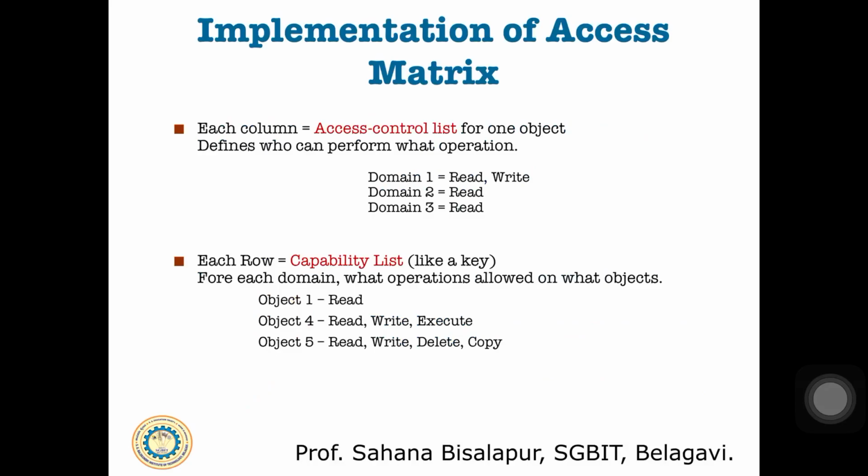And next, the last one, the lock key mechanism, which is a compromise between access list and the capability list. So here this mechanism can be effective and also flexible, depending on the length of the keys. Whatever key you are going to use here, the length of the key is the dependency. Now these keys can be passed freely from domain to domain. So here we need to be careful, because it's all about managing these keys. Many systems use a combination of access lists and capabilities.